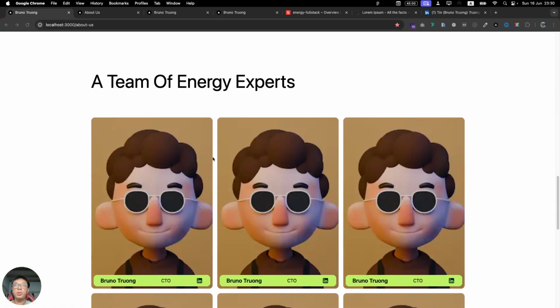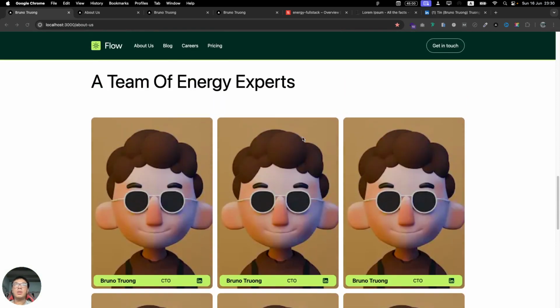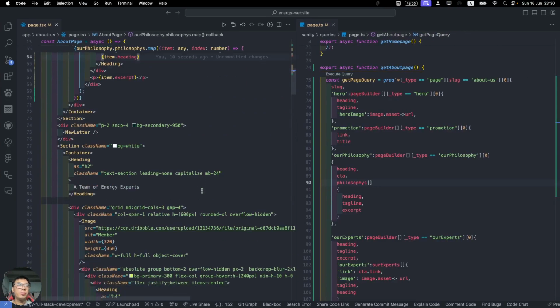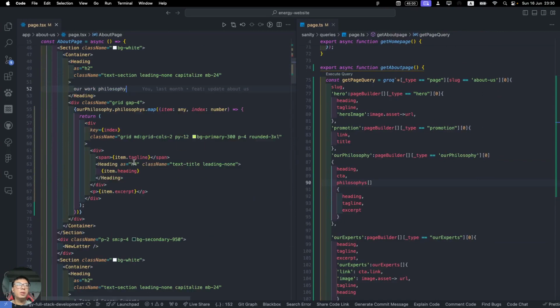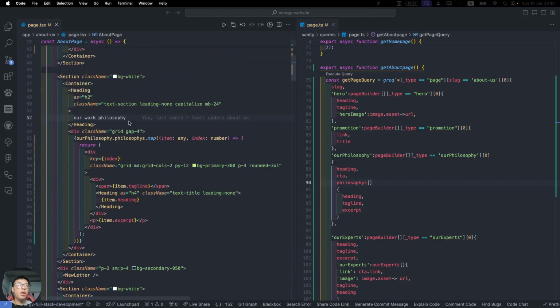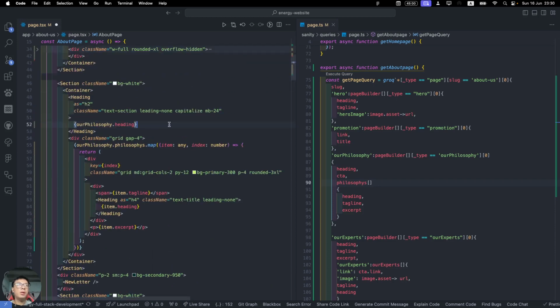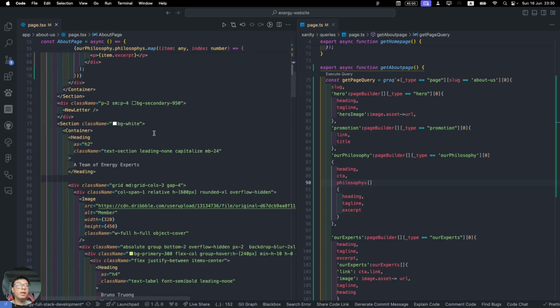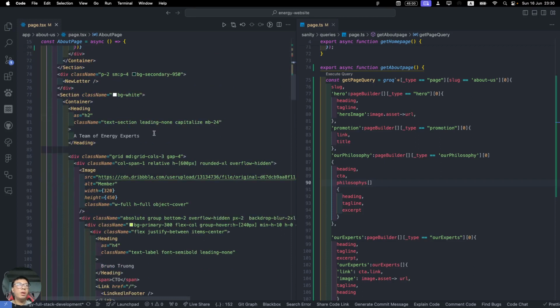Now let's jump into our expert. For the expert team, it's also going to be a simple one. For our philosophy, we can also change the heading in here to see it for our philosophy heading. And for the expert energies, for our expert we're going to have